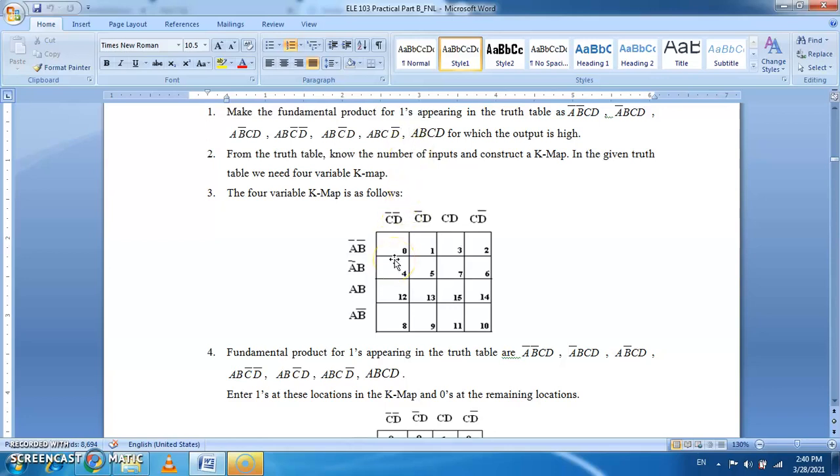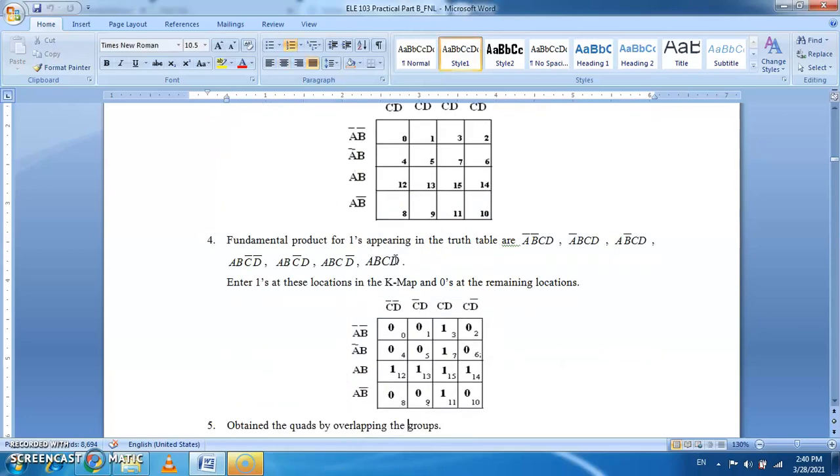So in this K-map, you can put the 1 for these minterms. The first minterm is A bar, B bar, C, D, so the output is 1 and we put the 1 here. Then next is A bar, B, C, D. The output is 1, so we put the 1 in this cell. Then A, B, C bar, D bar.